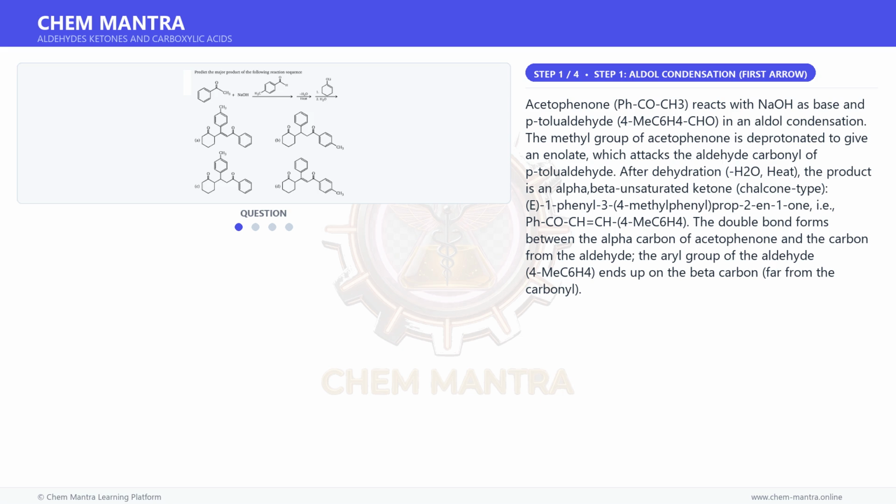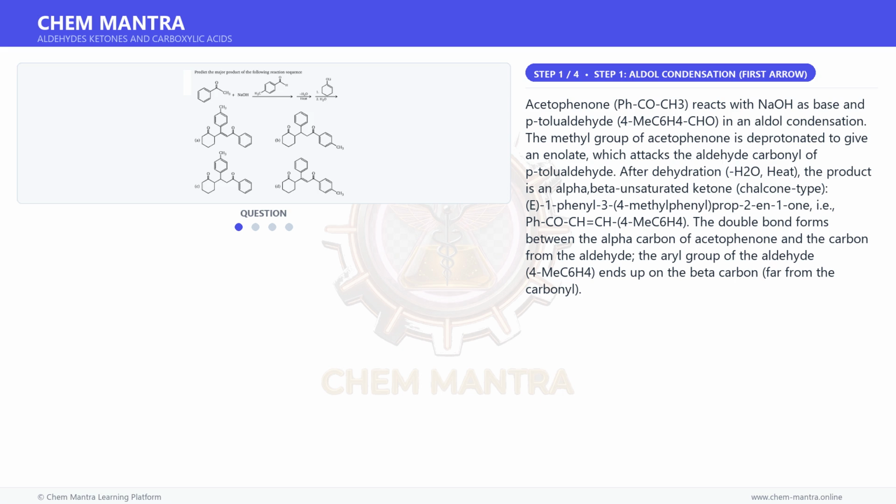4-MeC6H4CHO, in an aldol condensation. The methyl group of acetophenone is deprotonated to give an enolate, which attacks the aldehyde carbonyl of p-tolualdehyde. After dehydration (H2O, heat), the product is an alpha-beta-unsaturated ketone, chalcone type, (E)-1-phenyl-3-(4-methylphenyl)prop-2-en-1-one, i.e., PhCOCH=